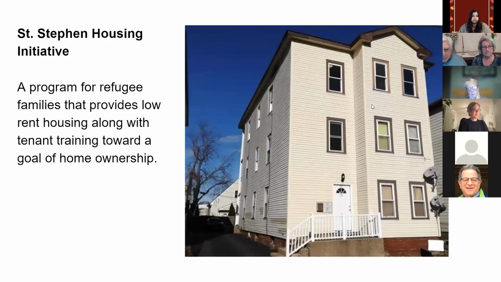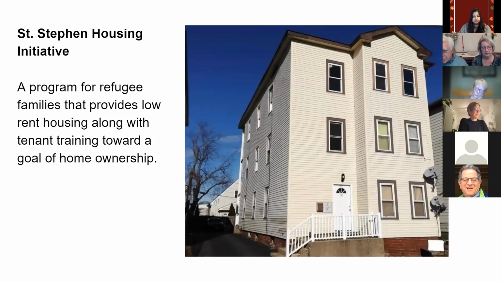Somebody came and gave us $374,000 to buy a 3-family house so that newly arrived refugees would have a place to live at a very low rent. We charge $800 a month in the city of Worcester for these families.